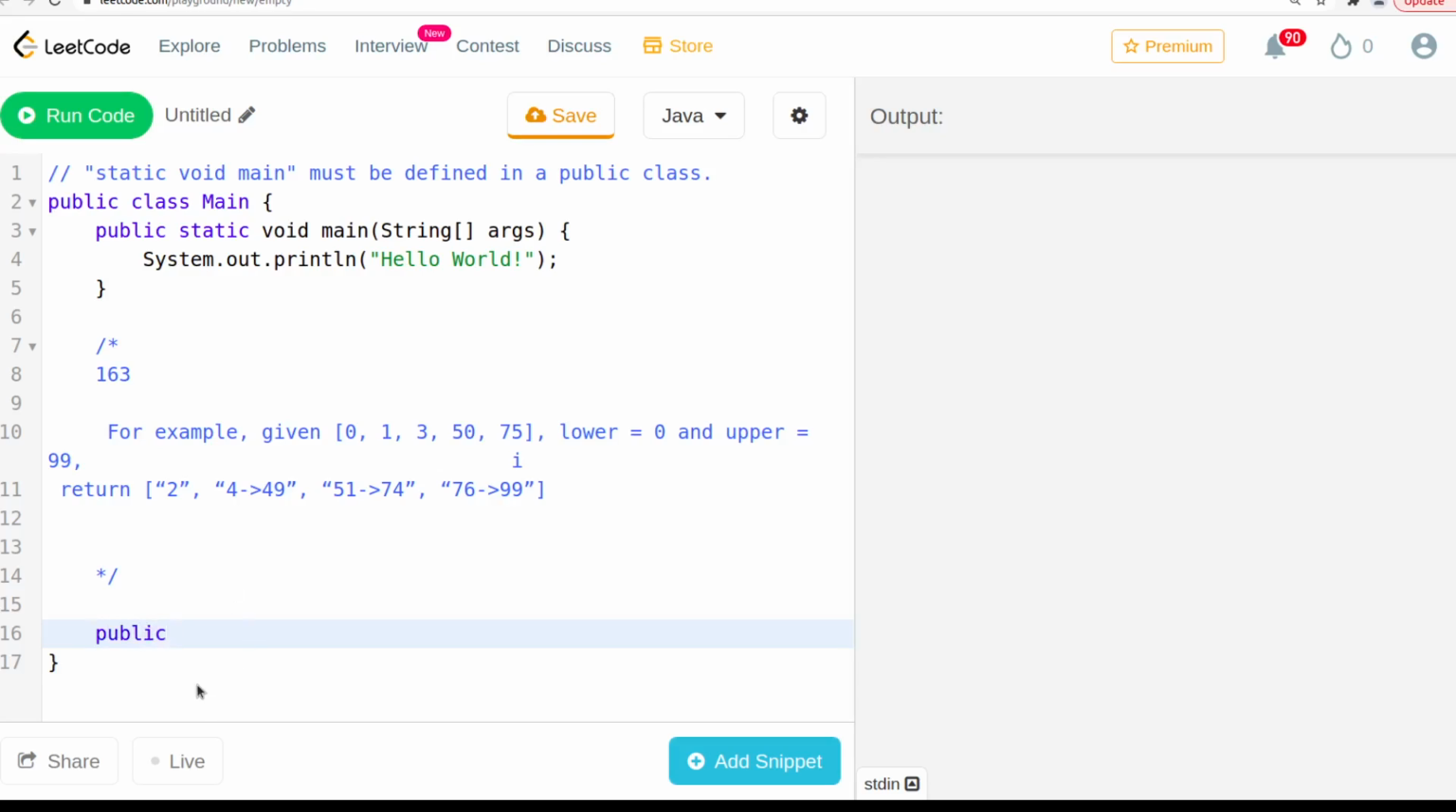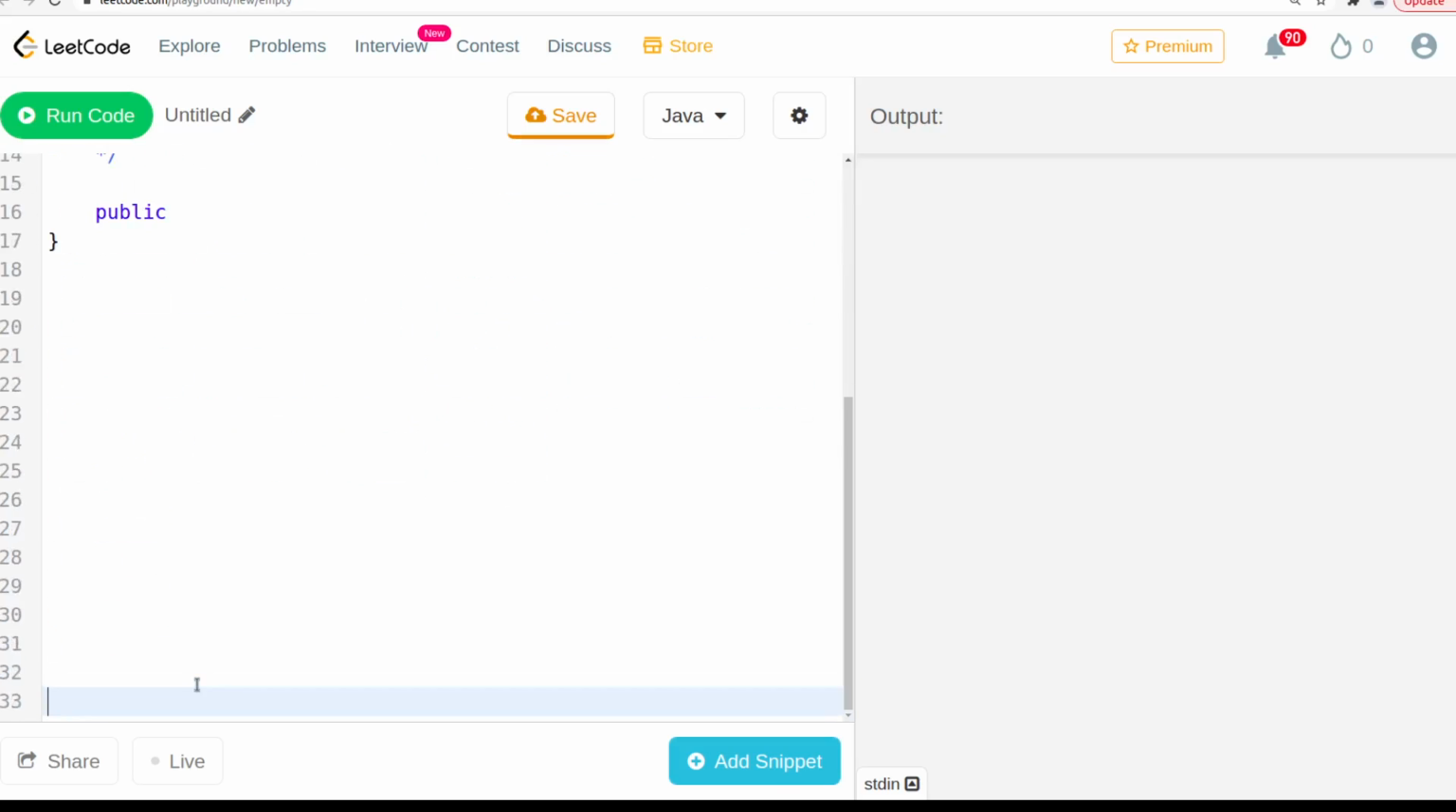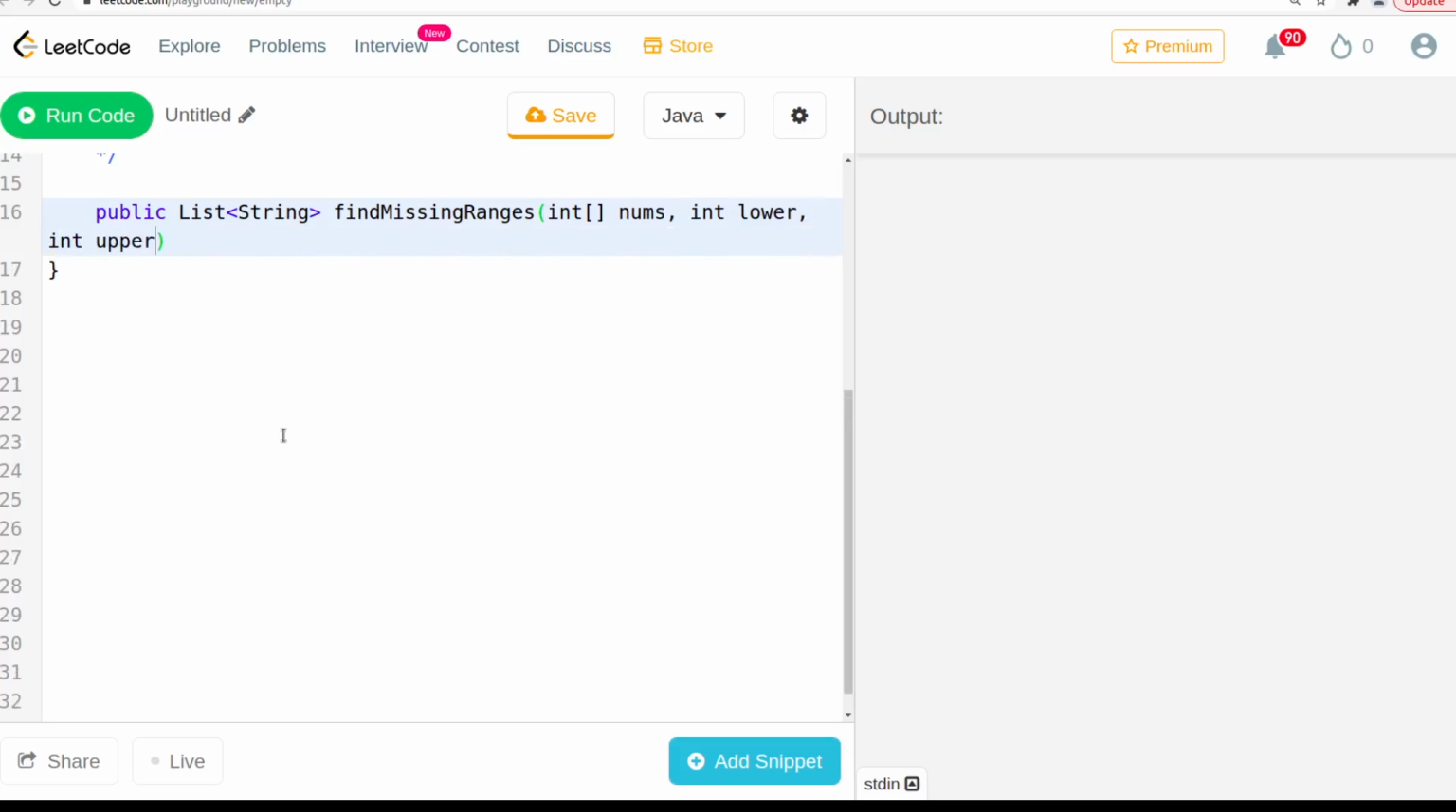So let's say public list of string, findMissingRanges, int nums, int lower, int upper. Okay, then first thing we can have a result, list of string, is equal to new